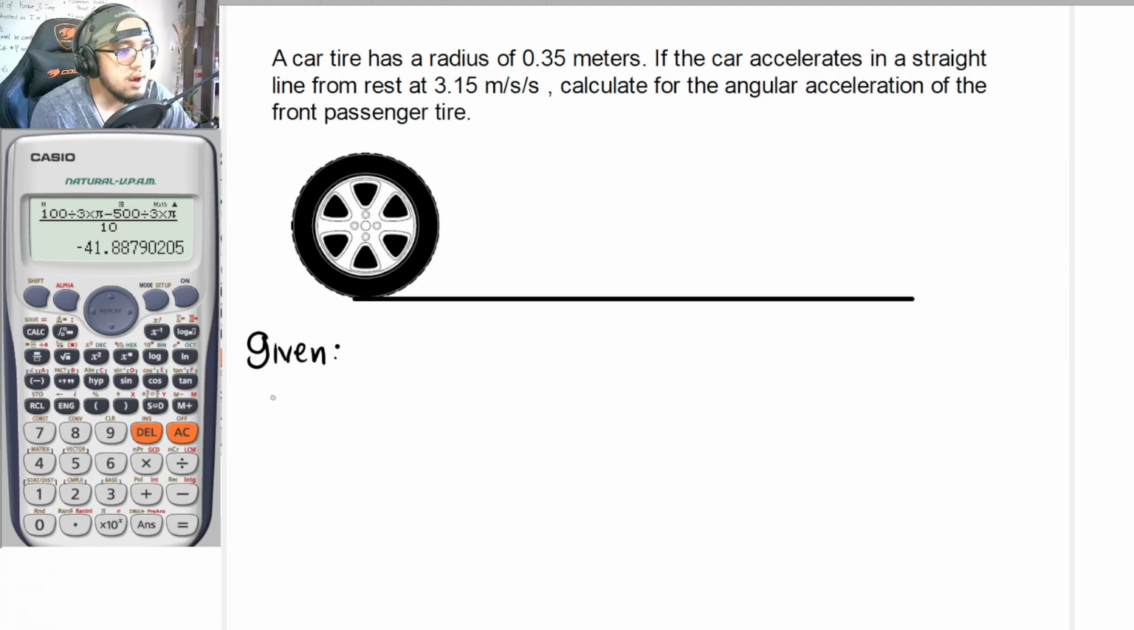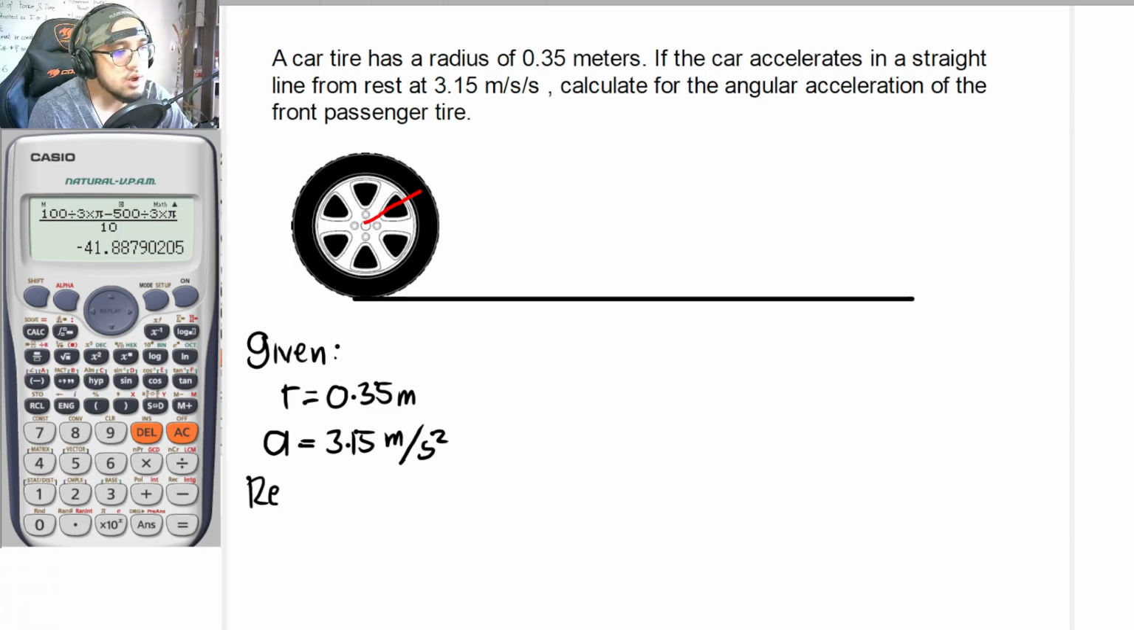So the car tire has a radius of 0.35 meters. So this is now to be the radius of the tire. Okay, so proceeding. It is said here that the linear acceleration is to be 3.15 meters per second squared. What is required in the problem is the angular acceleration. Okay, so for the solution,